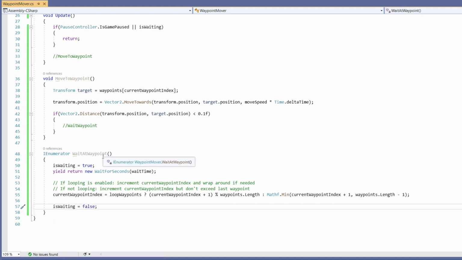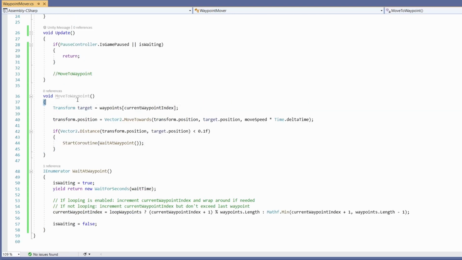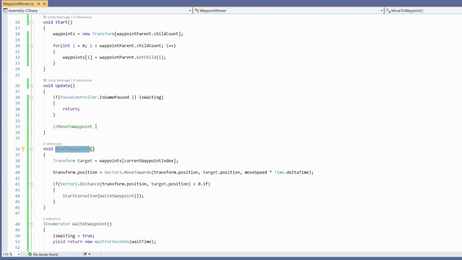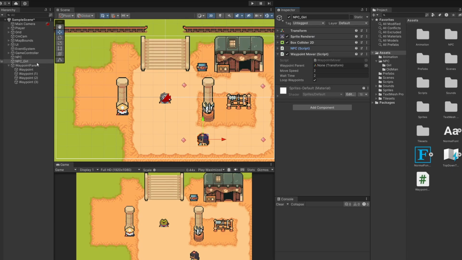So cool, we've got our WaitAtWaypoint function. We can now call this by going StartCoroutine, and I'll MoveToWaypoint, pass in WaitAtWaypoint, and semicolon it off. Now our MoveToWaypoint is complete. We can copy this, stick it up in our Update, and guess what? We're all done. Let's go back to Unity, and if we click on our NPC girl, we can see our